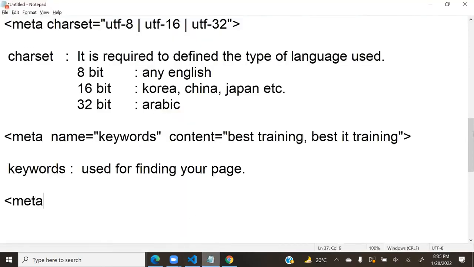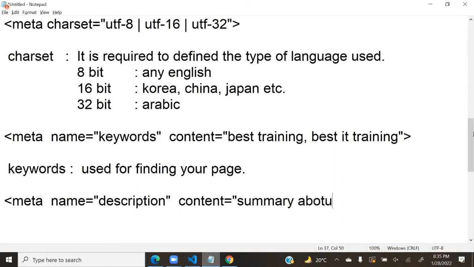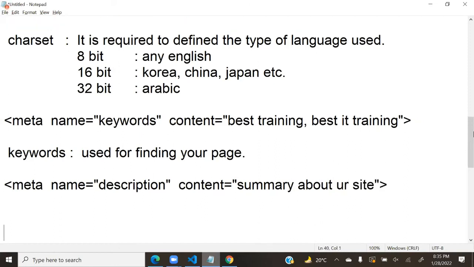We use meta. Meta name is equal to description, and content is equal to, here you have to write some summary about your site. Some 2-3 lines summary about your site you can define inside this meta.